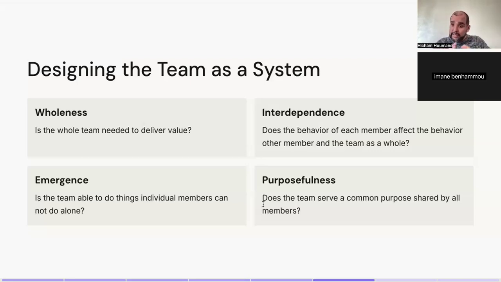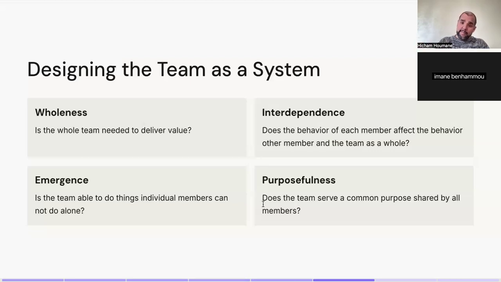So it is better, for example, to have a cross-functional team, where you need everybody in the team to deliver that value that you've defined. If you find yourself in a situation where you can deliver the same value with half the team or with a quarter of the team, chances are maybe you have too large of a team, or maybe you haven't really identified a good objective, or the individuals within the team are not cross-functional enough to deliver a unique value.